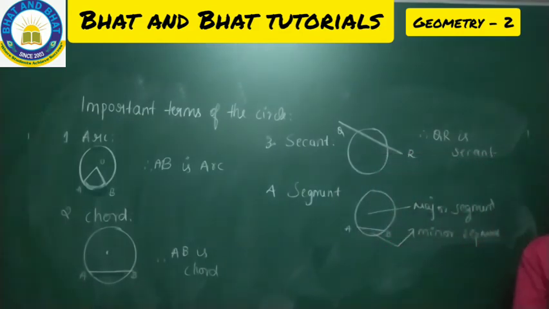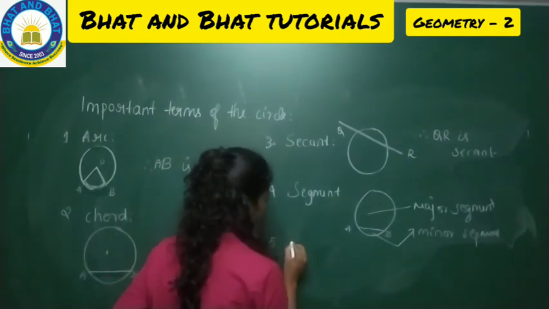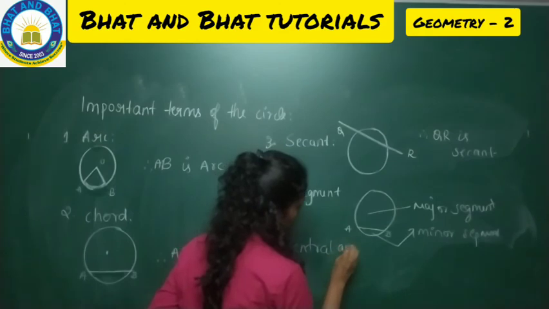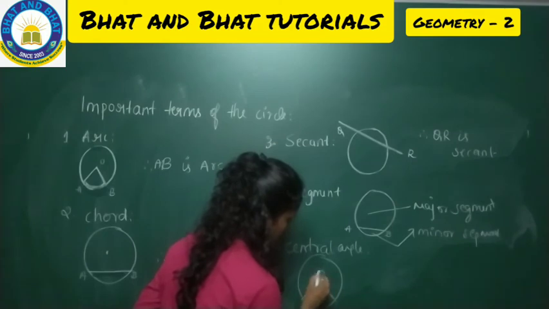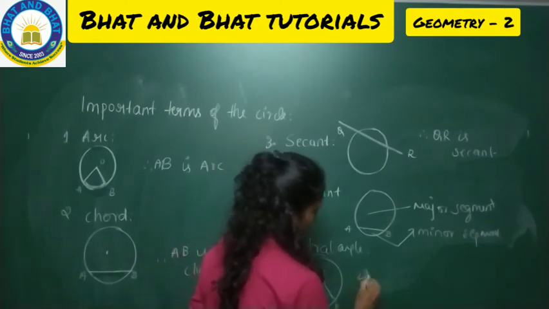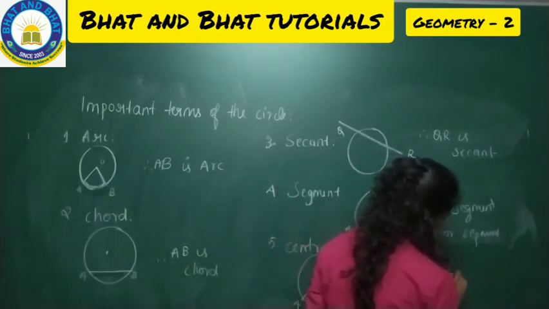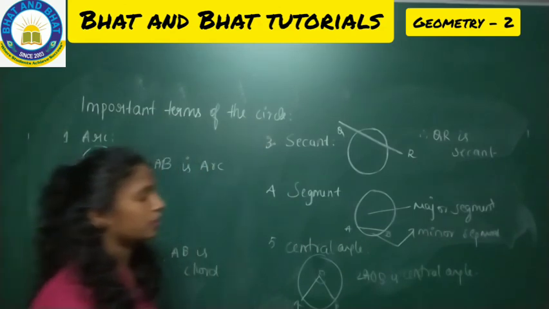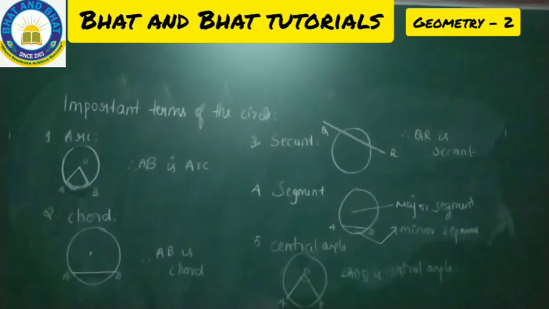So the next part, have a look at the next part. The first one, central angle. How to draw the central angle? You will draw a circle. So this is O, A, B. Angle AOB is the central angle. Make a note of the circle terms now. So fine, hope you all have written this. So now let me go with the Pythagoras theorem. All of you have a look at your Pythagoras theorem now.